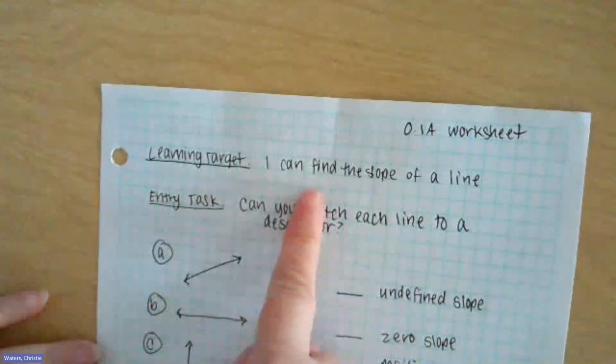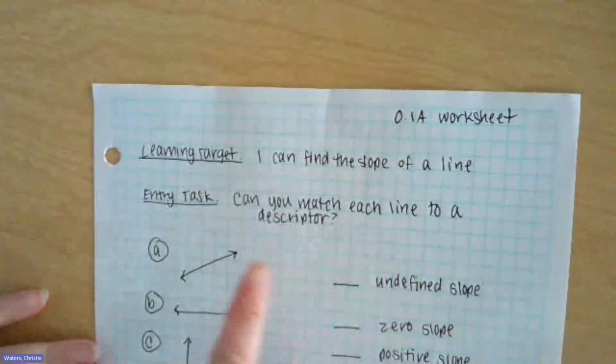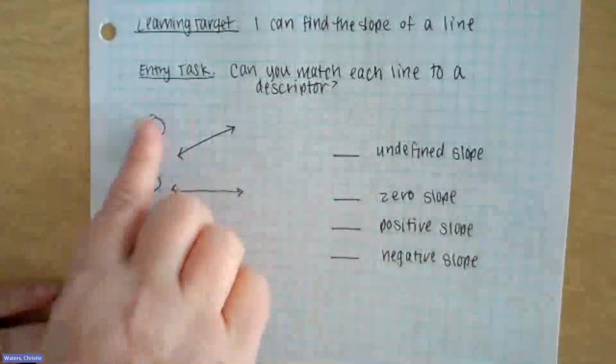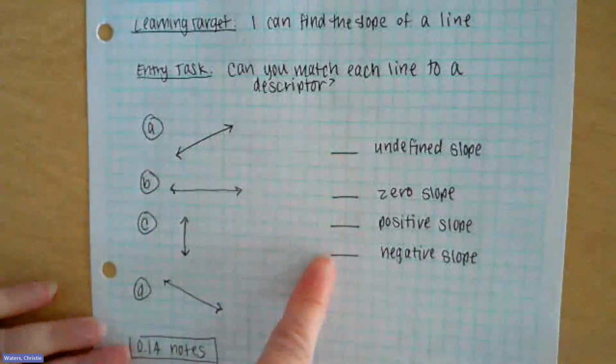The learning target today is I can find the slope of a line. And here's our entry task. Can you match each line to a descriptor? So I've got A, B, C, D here. And if you could just write A, B, C, D in any order that you think matches, go ahead and